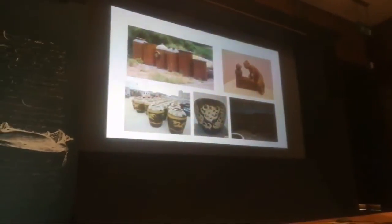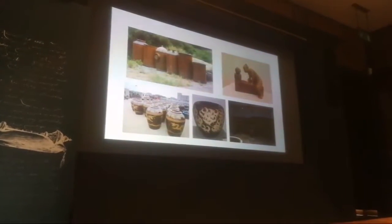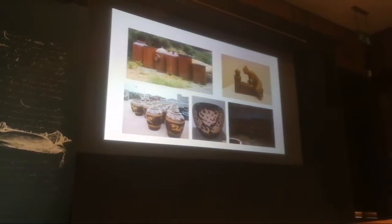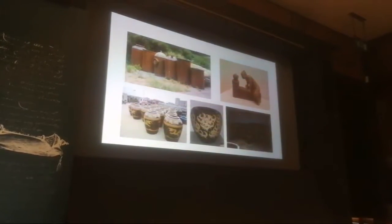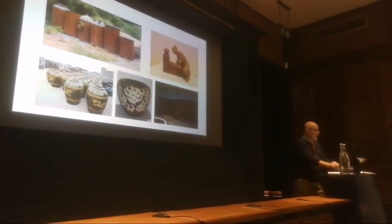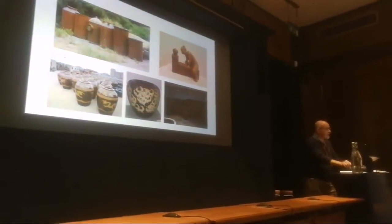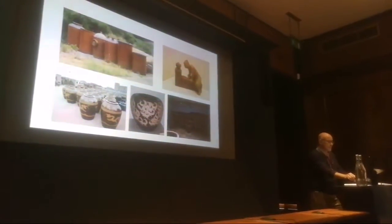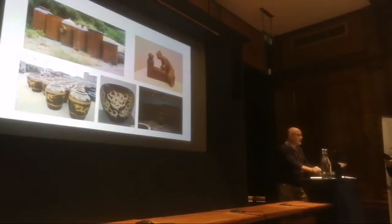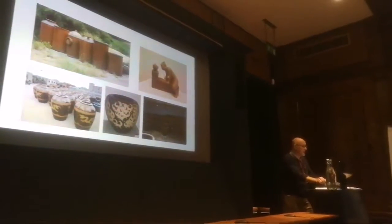The coloured clay relief in the centre bottom pot is applied by hand. It's coloured clay applied to the body, and it's a joy to see when it's being done. Top right, the modelling skills of this master maker are impeccable. Large factories are producing storage and garden wares in abundance, and here on the bottom right we see part of a collection owned